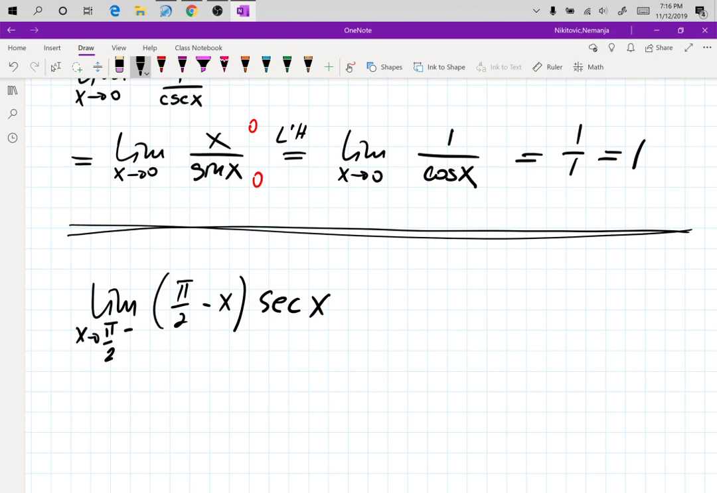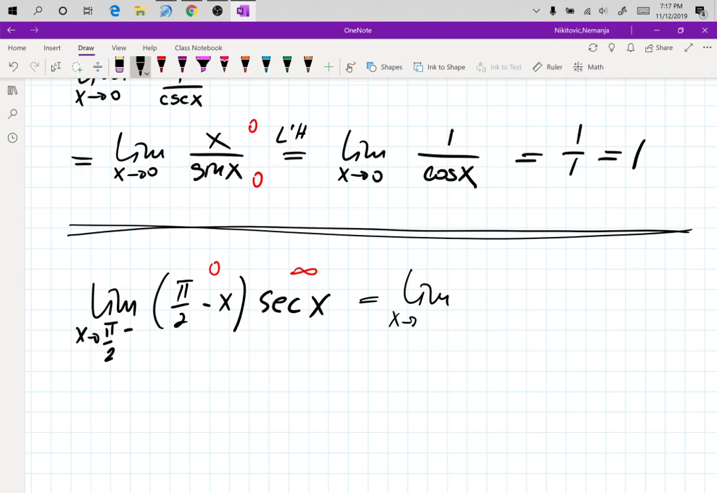All right, so which function do we get to switch? Because we do have 0 times infinity. You have pi over 2 minus pi over 2, that's a 0. And secant of pi over 2 is infinity. What's secant? Secant is 1 over cosine, right? And cosine of pi over 2 is a 0, so 1 over 0. That's giving us infinity. So what I'm going to do is use the trick first, right, the